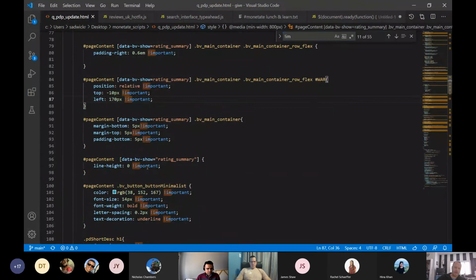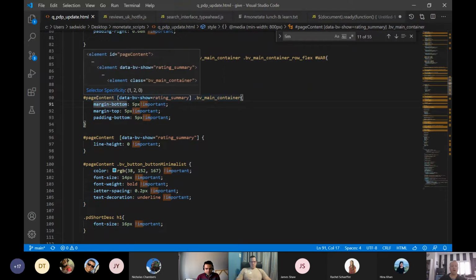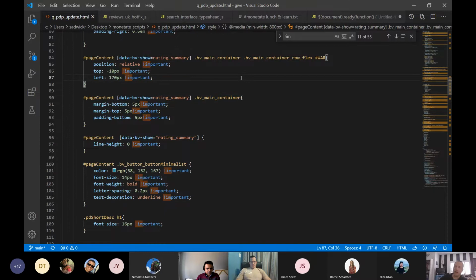Being important is a bad practice, but just the way this works client side, we have to override those styles. We have to override that font. We have to override that background color. So these styles all come from the front end and they get loaded in, then Monetate comes through, and then